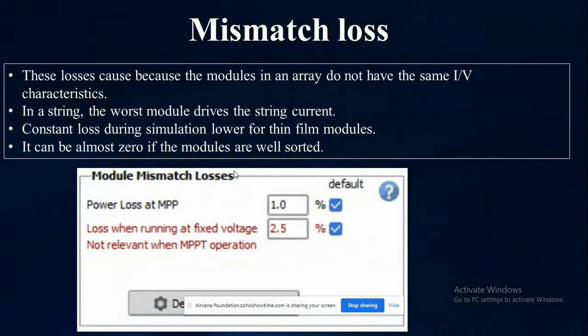And then mismatch losses. These losses occur because the modules in an array do not have the same IV characteristics. Sometimes they are of different manufacturers, or different batch production modules will be installed. So these mismatch losses will be considered, and it can be zero if the modules are well sorted.